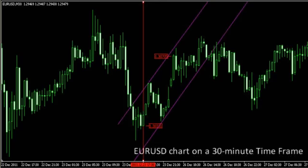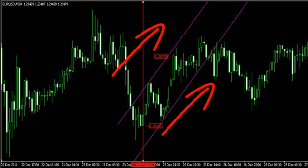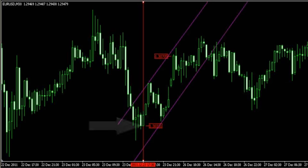This is the euro-dollar chart on a 30-minute time frame. I've drawn a trend line by connecting all the higher lows, and I've also drawn a channel. Notice how the market goes into an uptrend right after Christmas? So what's the best thing to do when you see an uptrend? Well, you buy. I entered the market when the price was